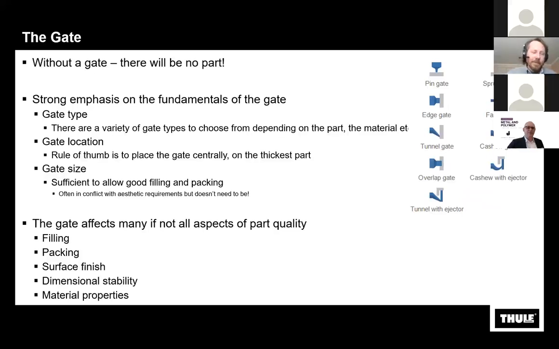So talking a little bit about the gate, you can never put enough emphasis on this: without a gate, there will be no part. So you should have an emphasis on the fundamentals, the gate type, the gate location, and the gate size. What I pointed out here in smaller text is that this is often in conflict with aesthetic requirements, but this is where you also need to collaborate with your colleagues and understand what the requirements on the part are,